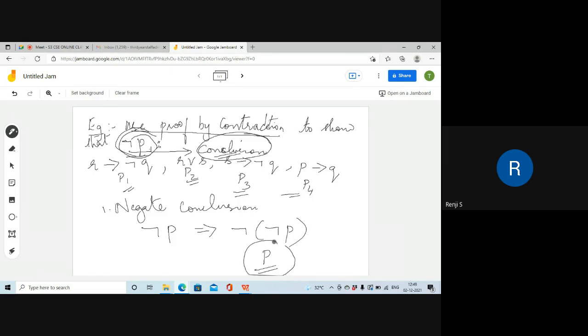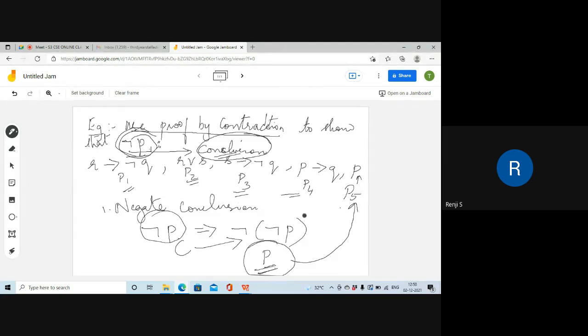So I have one additional premise P now. I have to set it as the 5th premise added to the given set of premises P1, P2, P3, P4. I have added the new premise P5, which I obtained by negating the conclusion. My conclusion was not P, and to prove this, the rule says that you have to negate the conclusion. Negating the conclusion, I will get not of not P, and that is P. Add this to the given set of premises as an additional premise.